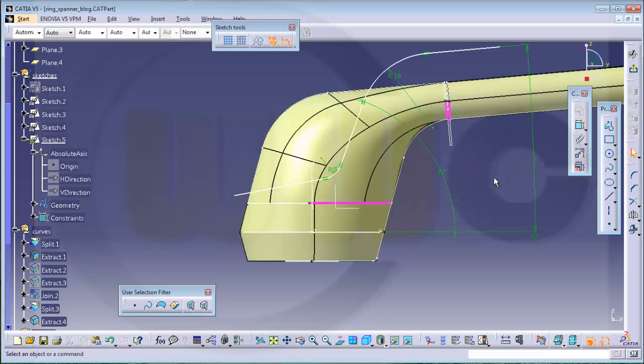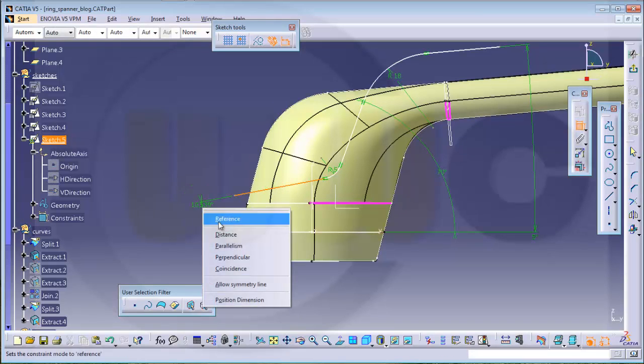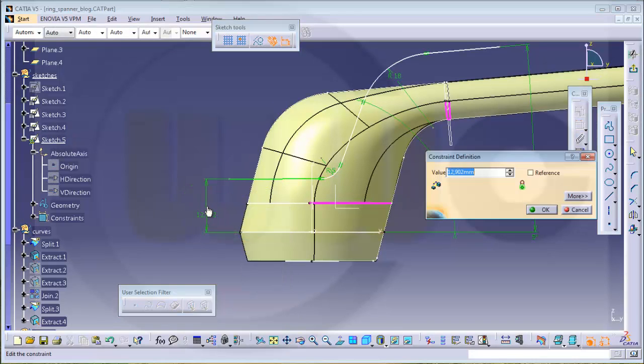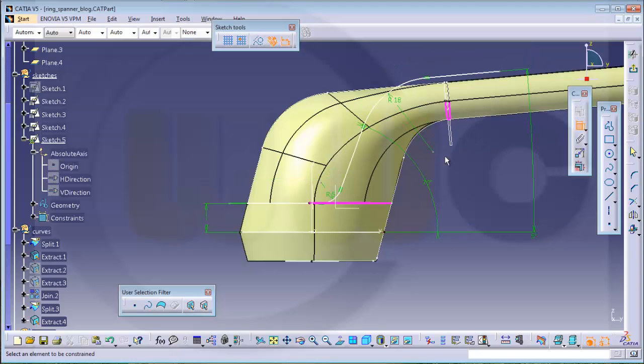And in this case the distance should be 7, and this point should be on that plane or axis, coincident, and